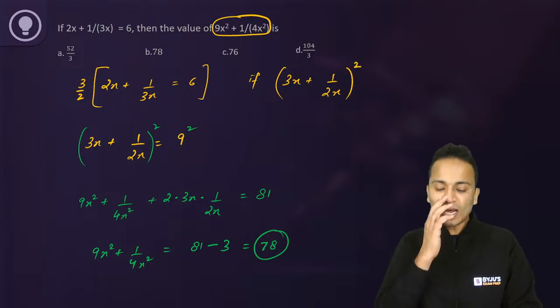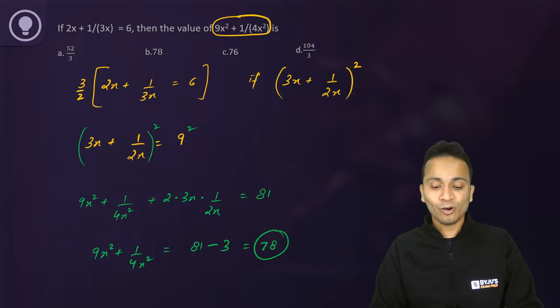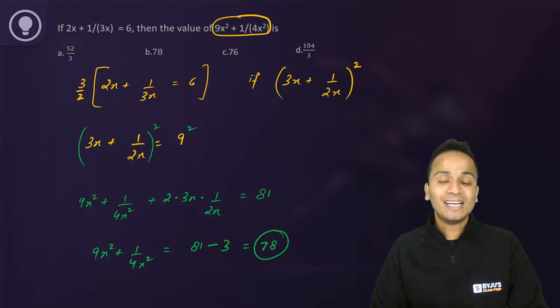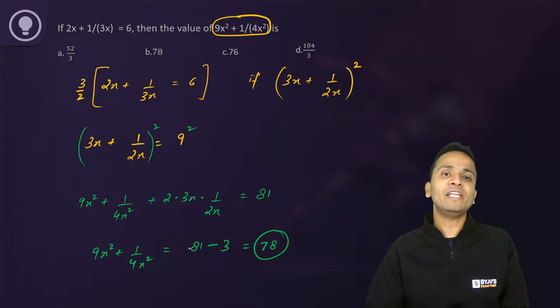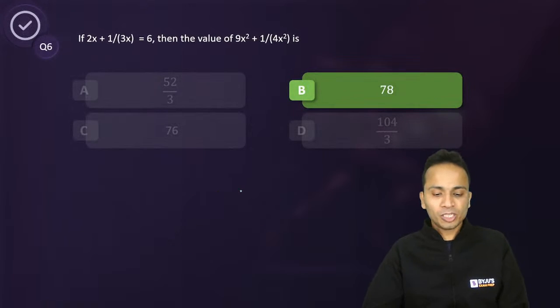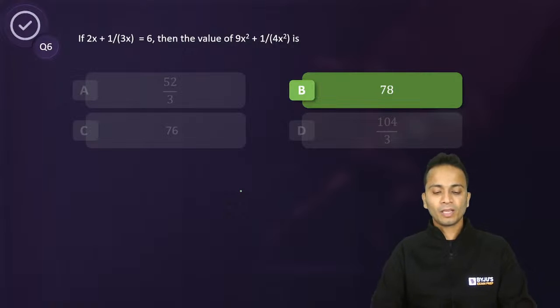Yes, Mansa, you are absolutely correct. Multiplying 3 by 2 on both sides, we get the value of the required expression. So that was an amazing question. It was not difficult, it was just a small trick that we need to apply here. So yes, the correct answer here is option B, and I believe some of you have definitely given a correct answer. Mansa was the first one to give a correct answer. Good. Wonderful.